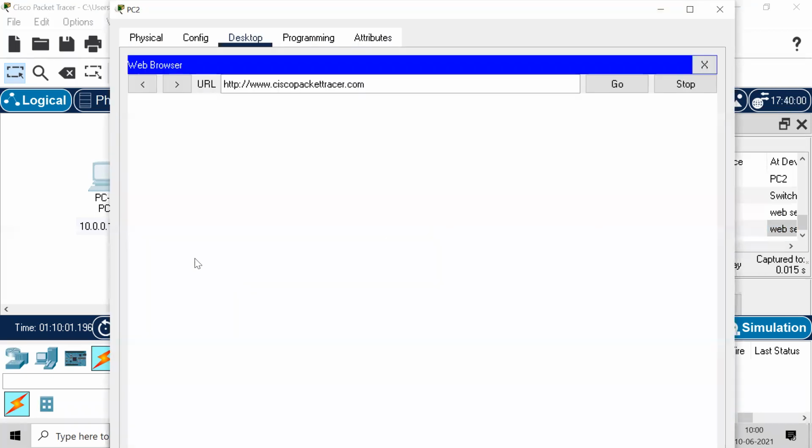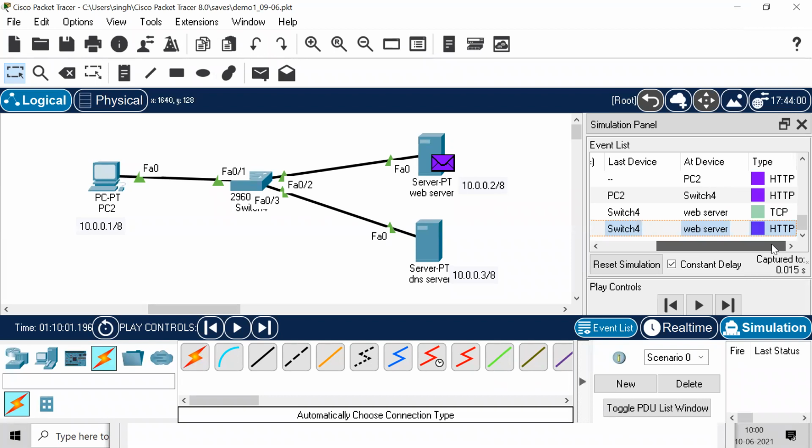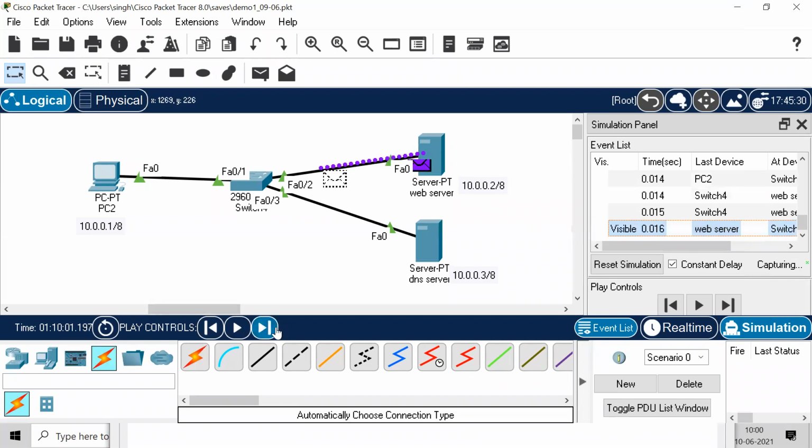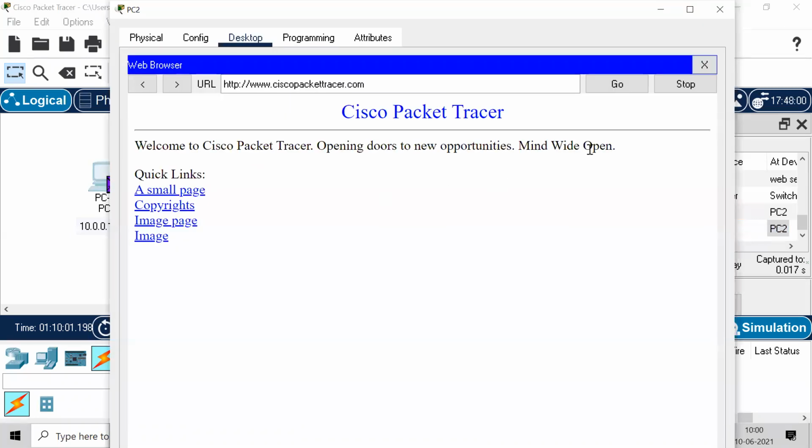At present, you can see the web page has not yet come because the HTTP request has just gone, requesting the web page, and then the server is going to respond with the web page, and here you should get your web page. So this is how it works at your end too. First your DNS server resolves the name to an IP, then a handshake process happens, and then the HTTP request and reply work that way.